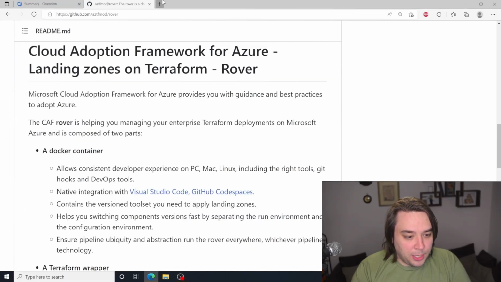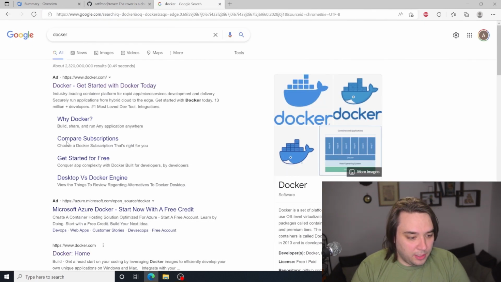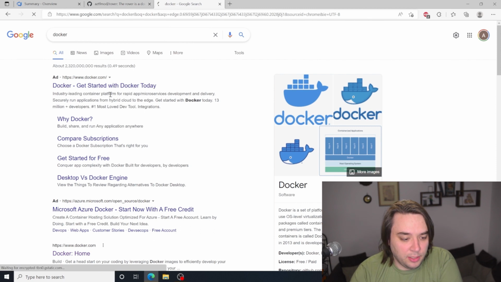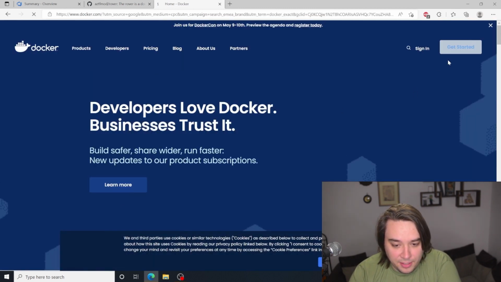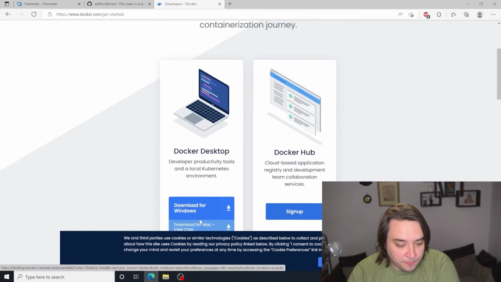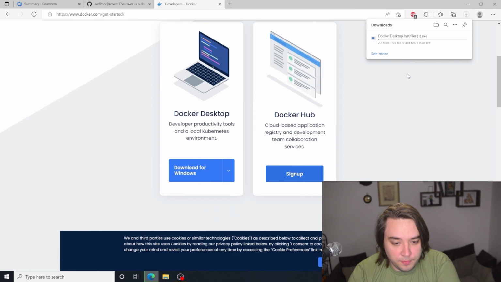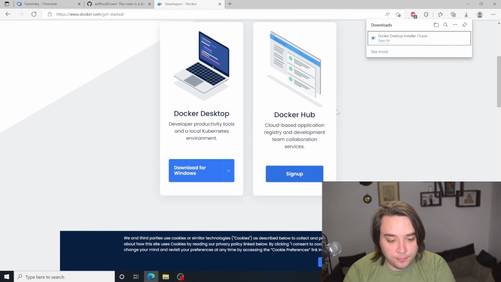Open up my web browser. I look for Docker, and if you just click on here, it says get started with Docker today. Right, then get started and download Docker Desktop. Once it's downloaded, open the file.